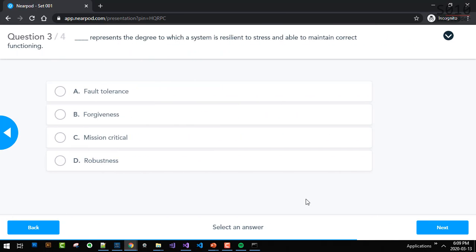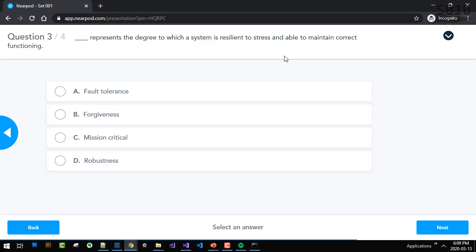Okay, next one here. This represents the degree to which a system is resilient to stress and able to maintain correct functioning. What is stress? It's running out of memory, or running out of resources. Which one? The last one, robustness.